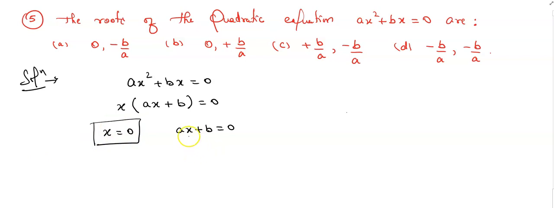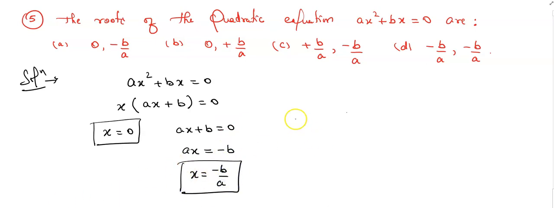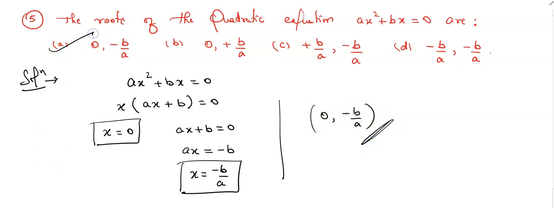Then here we want x value, no, because x is variable. So I'll keep this ax as it is equals to plus b, come this side, it becomes minus b. Then x is equals to minus b by a. So this is another root. So here we can conclude that the roots of the equation are 0 comma minus b by a. So option A is the correct answer. Any doubts? I hope you have understood this question. Is this clear? Good, children.